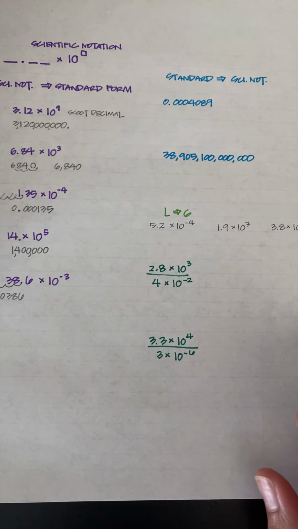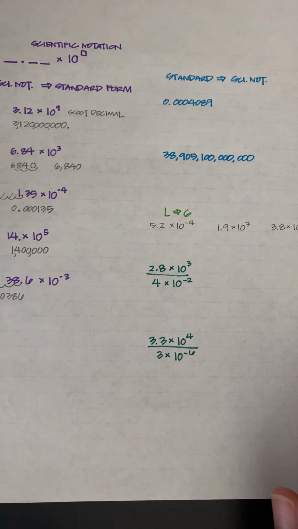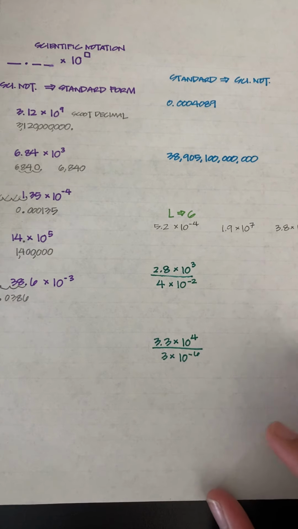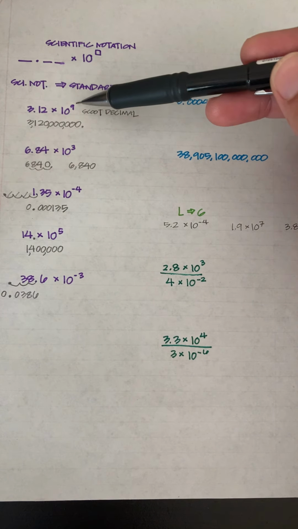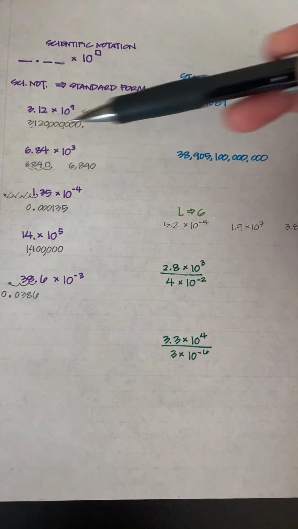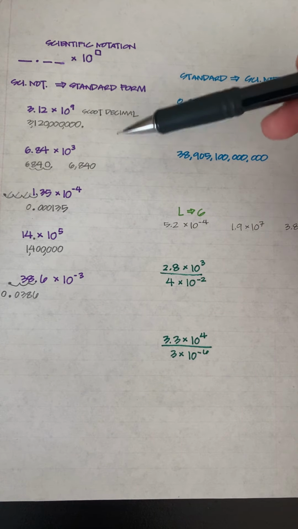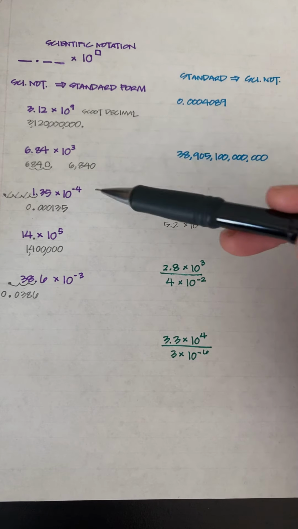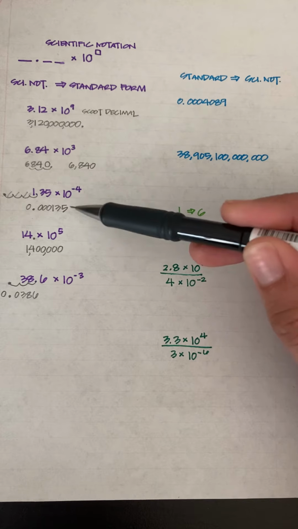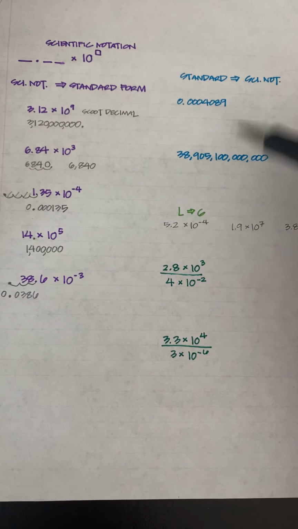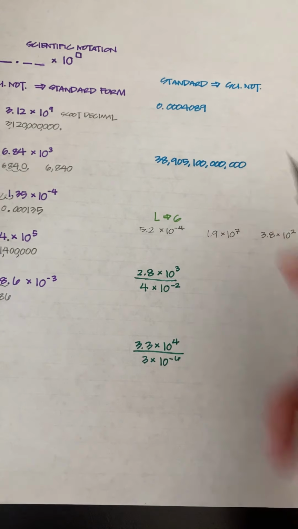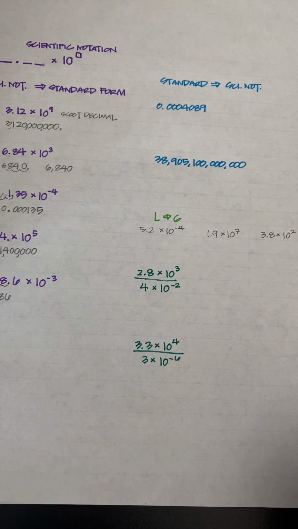Okay, scooting over, we go from standard into scientific. So if you look at the pattern here, you'll notice all the positive exponents are really large numbers because we scoot to the right where we have larger numbers. The negative exponents produced smaller numbers, right? Decimals, not giant numbers. So if you take a look at this, it's probably going to have a negative exponent